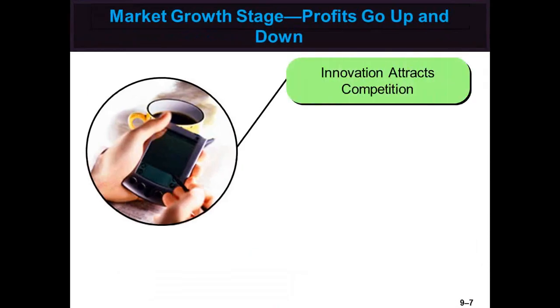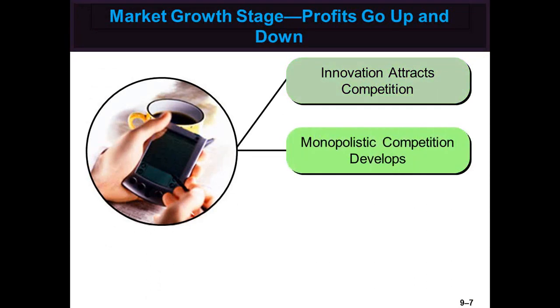In the market growth stage, industry sales grow fast, but industry profits rise and then start falling. The innovator realizes big profits and attracts competition. Competitors may try to copy the innovator or to improve on what the innovator has introduced. Some competitors may try to offer a product to a more narrowly defined target market. As competitors enter,